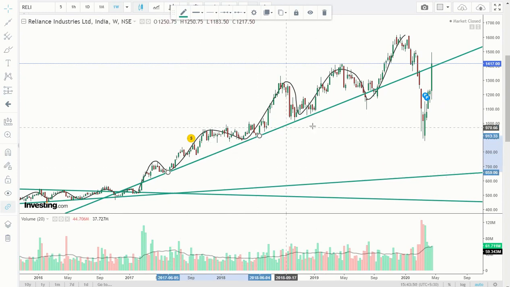Now I have joined this point and this point. Next time prices come here, you can buy, prices went up. Next time prices came here, it tried to break, again went up. So these are traps. Again, this is an advanced concept, guys.